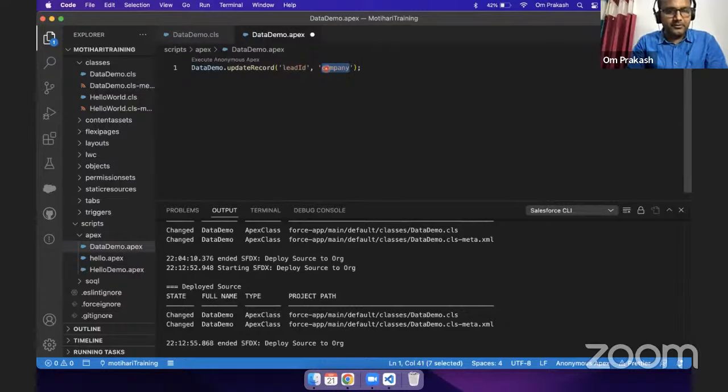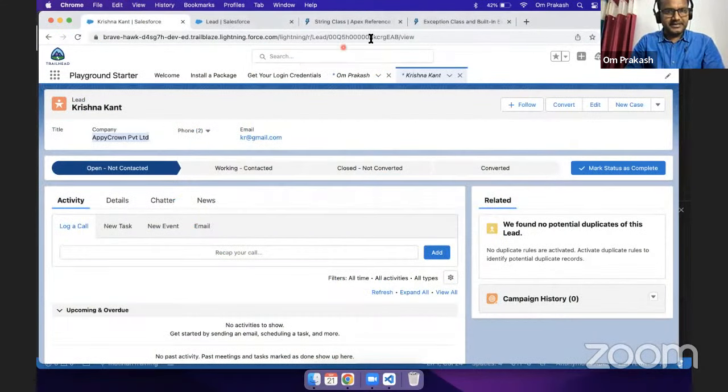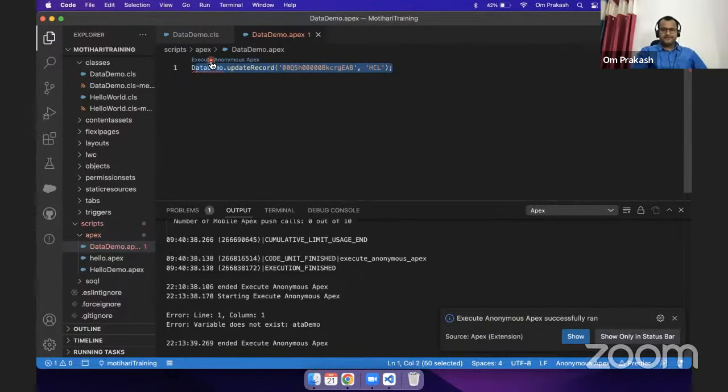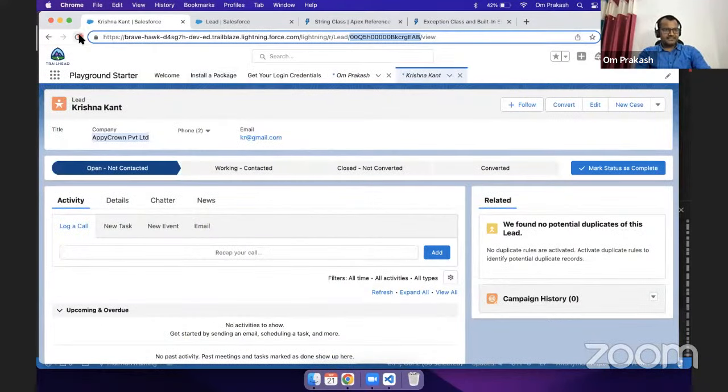Company can be maybe HCL, and lead ID. Let me copy the lead ID from here, put the lead ID here, hard coded as of now. That's fine. For this demo, I'm just going to execute this code, execute, and you can see if I refresh this,